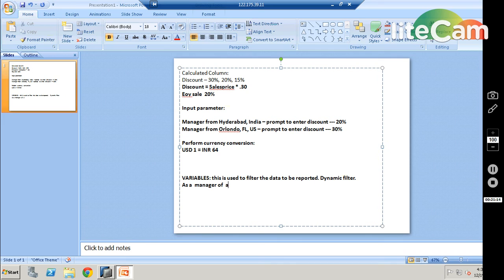City office. So I want to search the results, I want the report for only my branch. Then how can I do that?